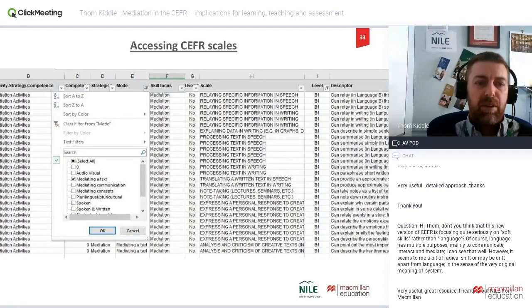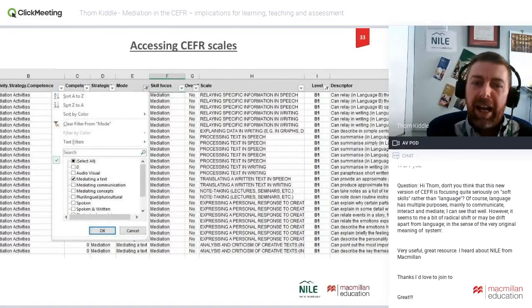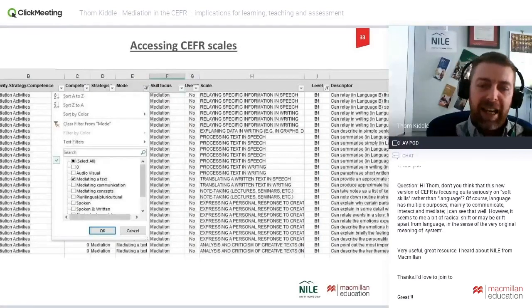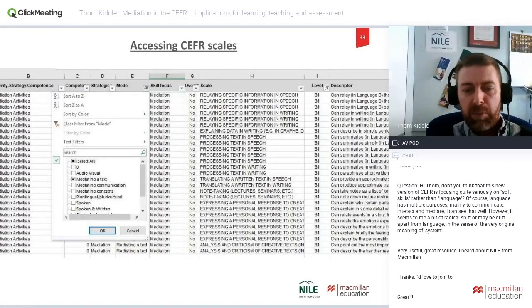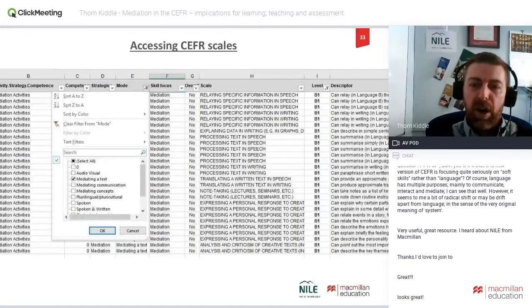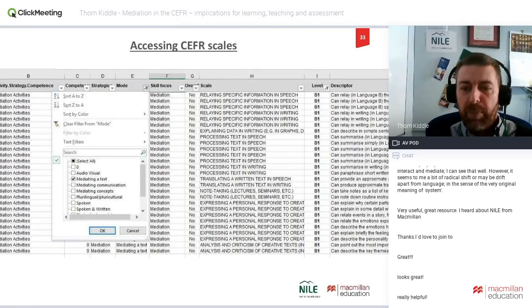So if you choose which particular filter you're interested in, you choose only mediating a text, for example, and then you choose the level that you're interested in with the filter over here, you can very quickly and accurately access the scales which are relevant to a particular competency. So you can access the mediating a text descriptors at B1, and you can see down here on the right all of the descriptors at B1 that are relevant to that particular area of the CEFR are listed for you